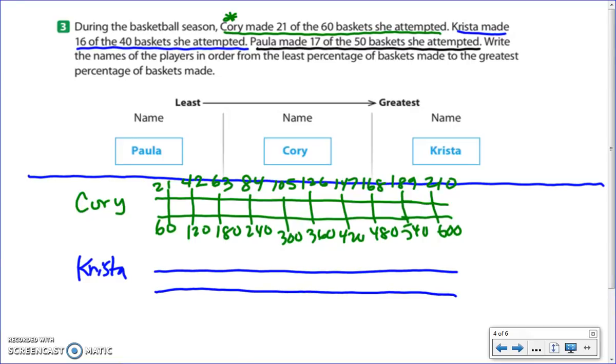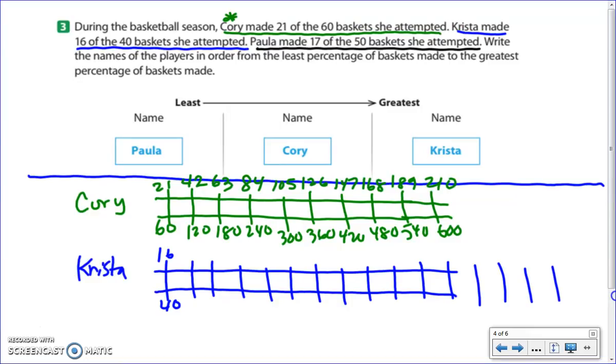And her pattern. In this case, Krista made 16 of the 40. And so for the equivalent fraction, I'm going to start with a plus 40. I'm going to need that many plus 40s actually. So 80, 120, 160,